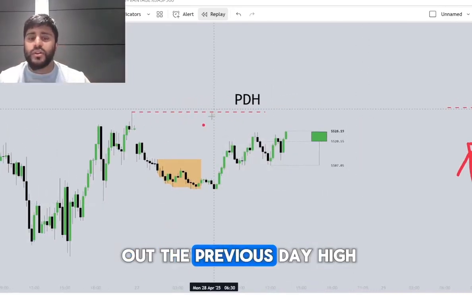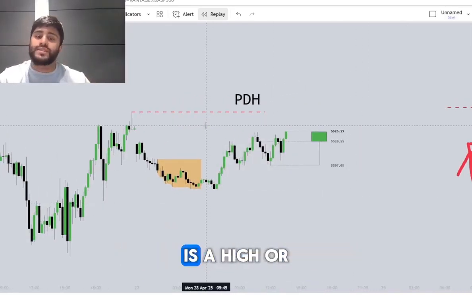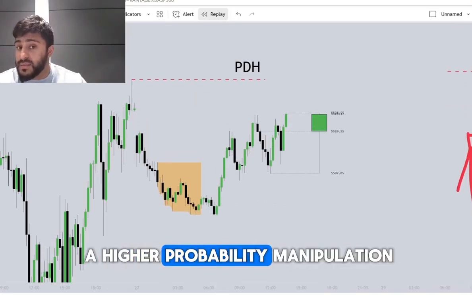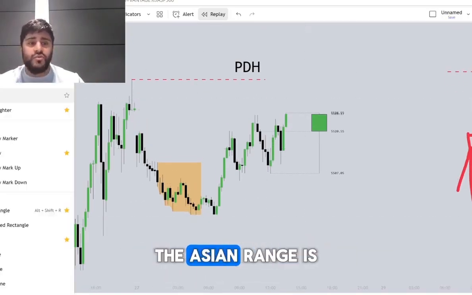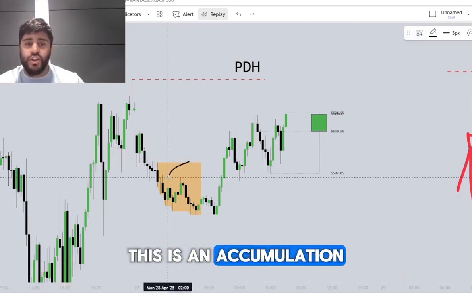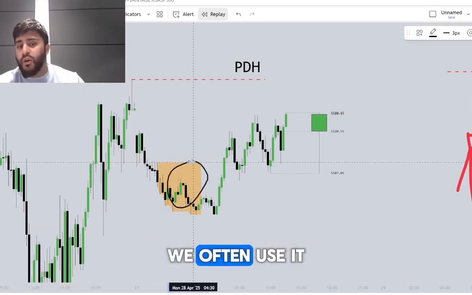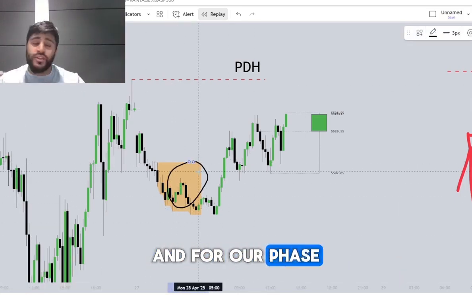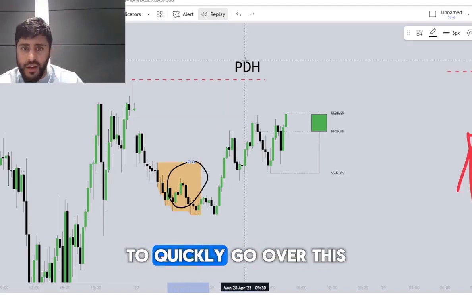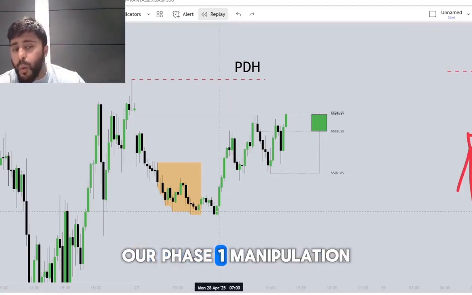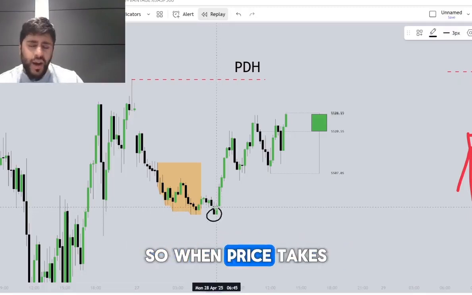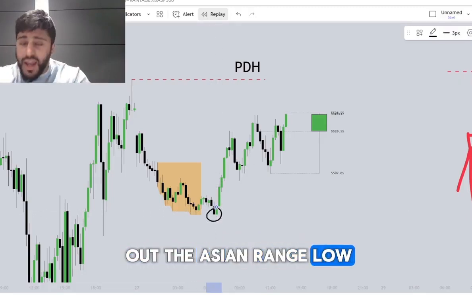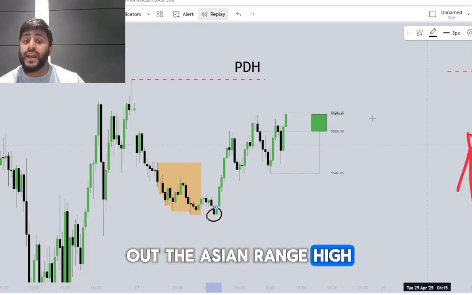When price takes out the previous day high, you can rest assured this is a higher probability manipulation. So what you're looking for firstly is your Asian range. The Asian range is an accumulation, right? This is an accumulation of liquidity. We often use it for targets and for our phase one and phase two manipulations, right? To quickly go over this, our phase one manipulation typically occurs off the Asian range low. So when price takes out the Asian range low and then price takes out the Asian range high in line